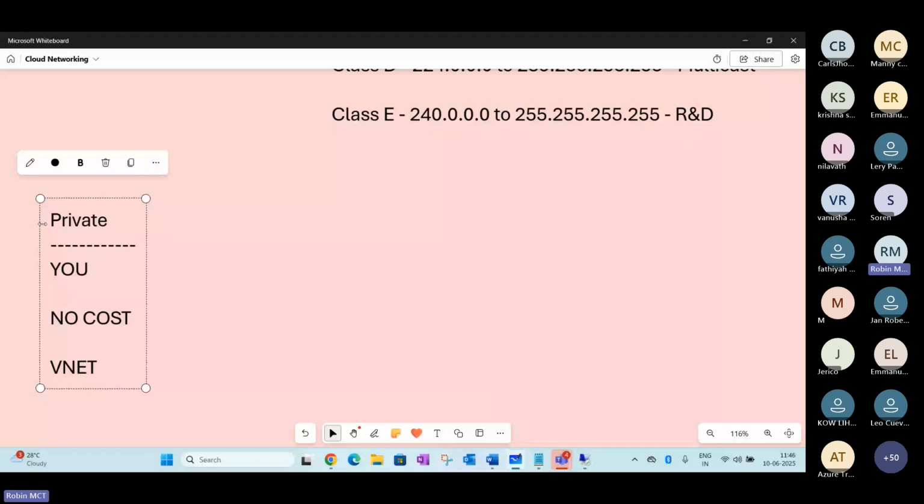There is a concept available on-premises called DHCP. With the help of that, you have a similar solution available in the cloud. So you have an option available here. Is that point clear?